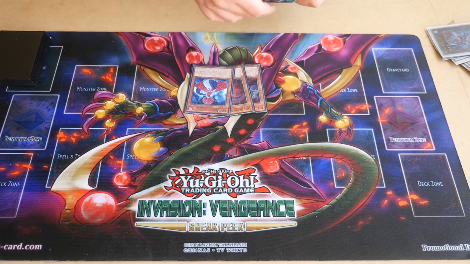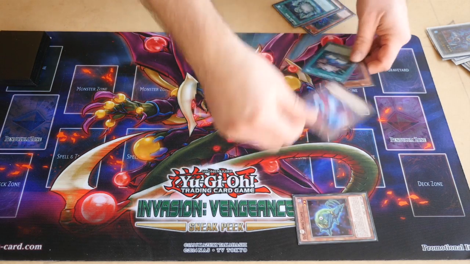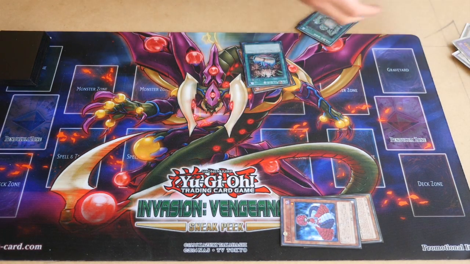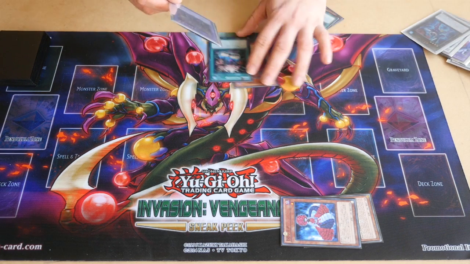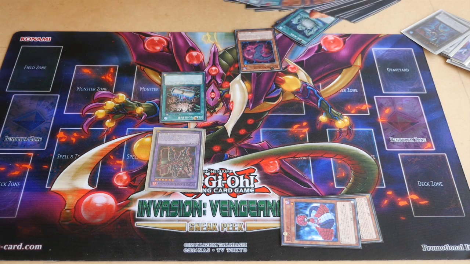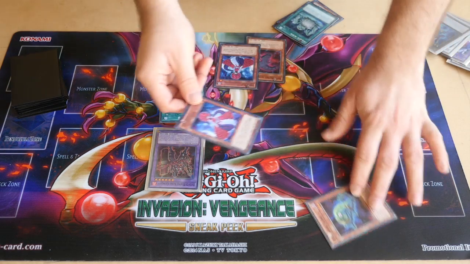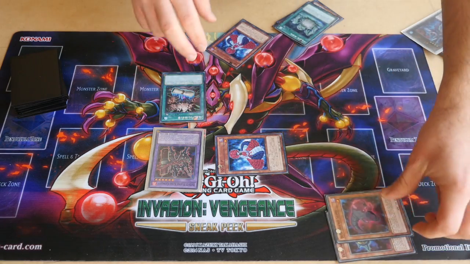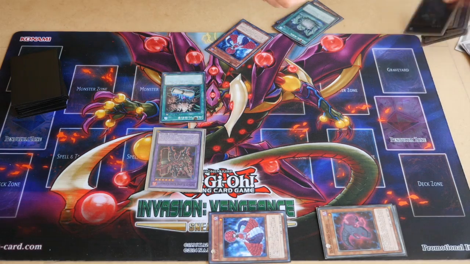If we add in the gate, we could probably extend this play even more. Synchro, fusion into the Flame King, and then we can gate into, let's say, another Lamia, and then we can use the Lamia from grave to do that again, and then Genghis to special summon back the Necro, fusion into